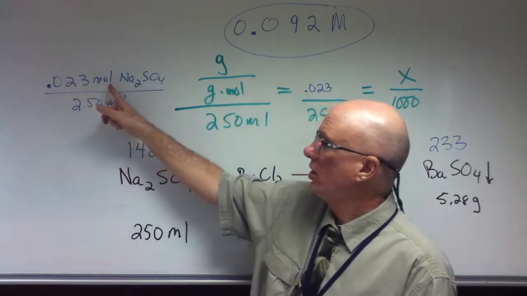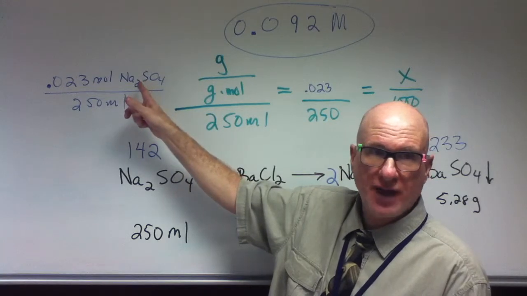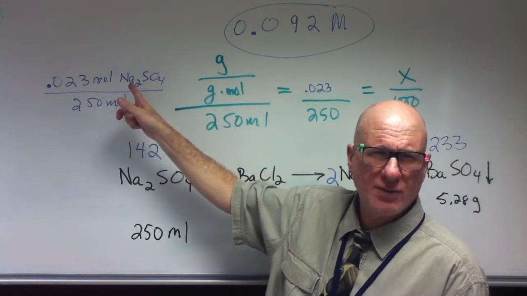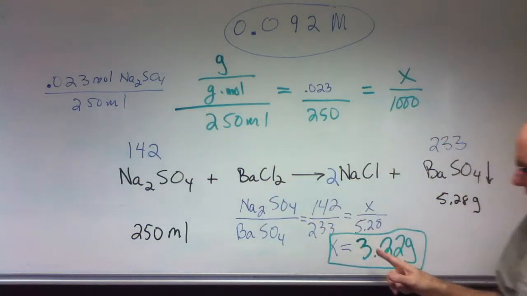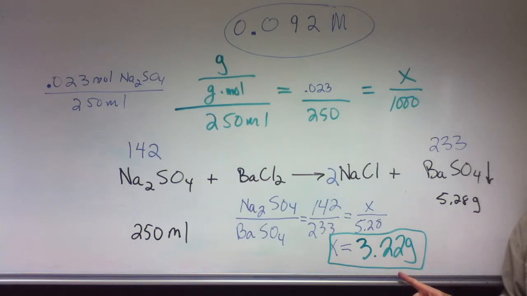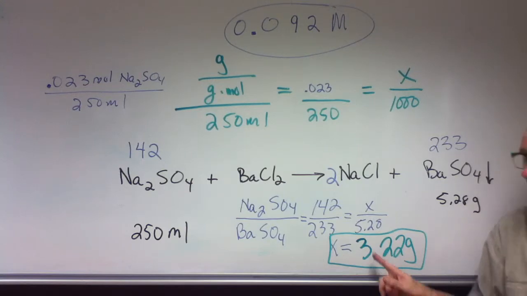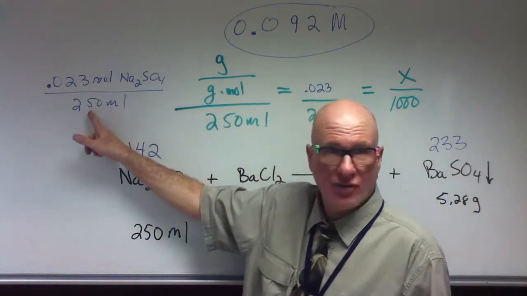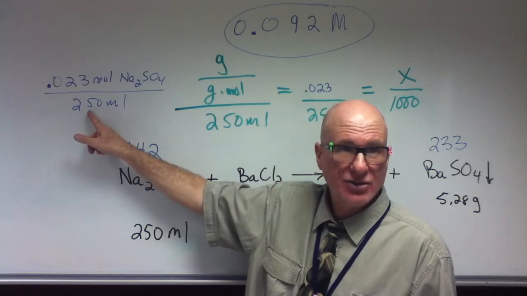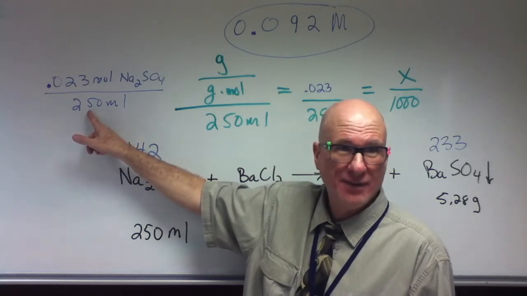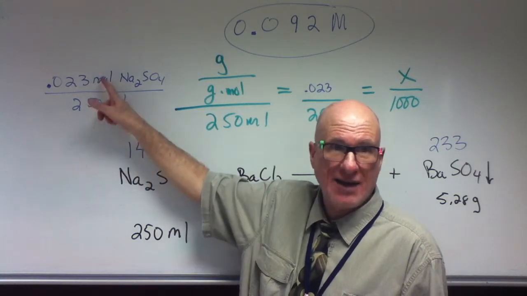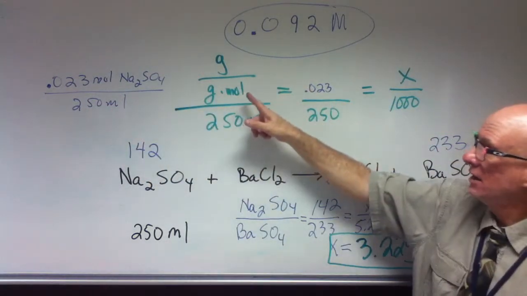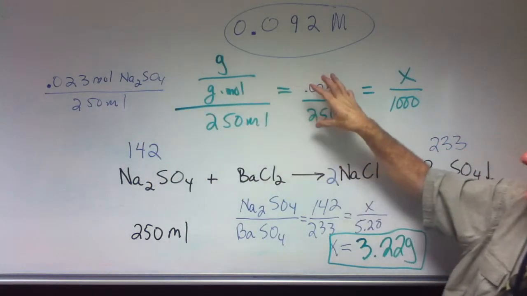0.023 moles of sodium sulfate. Where did I get 0.023 moles of sodium sulfate? Where did I get that from? I found I had 3.22 grams, right? So I converted this value to moles, and then I said, well, I have that many moles over 250 milliliters, right? But that's still not molarity. But this concentration has the same concentration as the stated molarity. And the molarity would be that value, which is here,